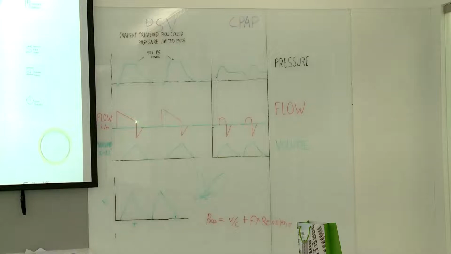Whereas in pressure control, it is time cycled. So pressure support is flow cycled, pressure control is time cycled. That is the only important difference. Otherwise, the rest of the parts are the same. The volume time graph is also the same. So this is called pressure support ventilation. It is a spontaneous mode and flow cycled.